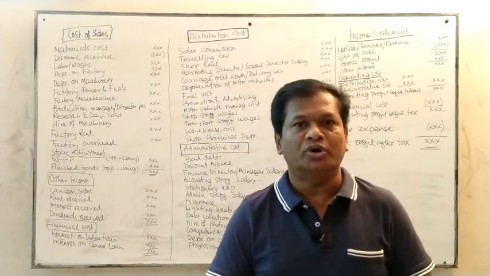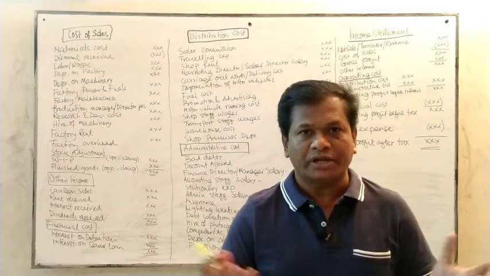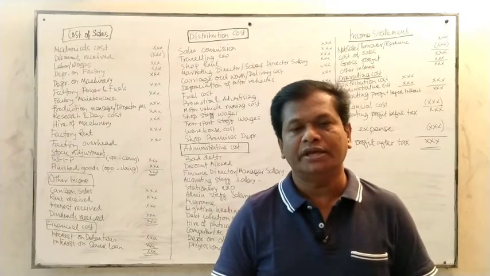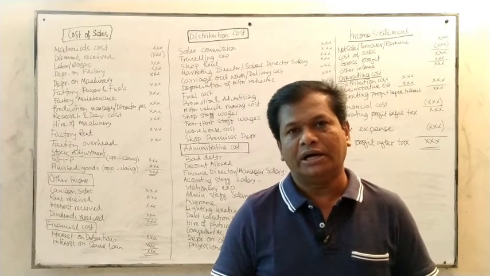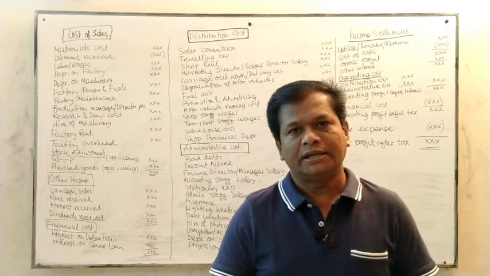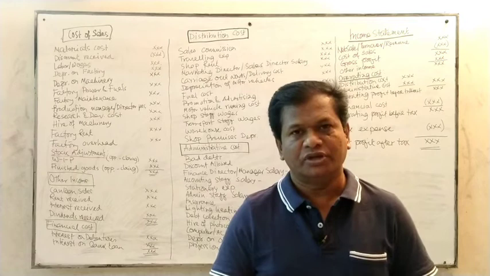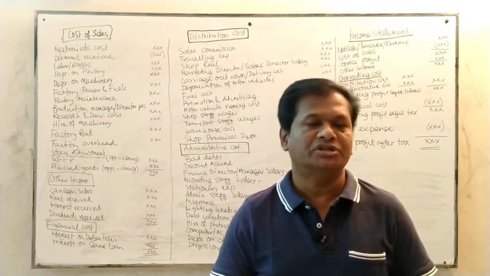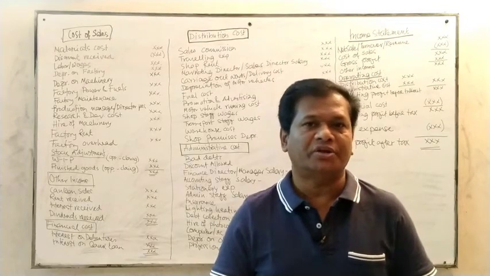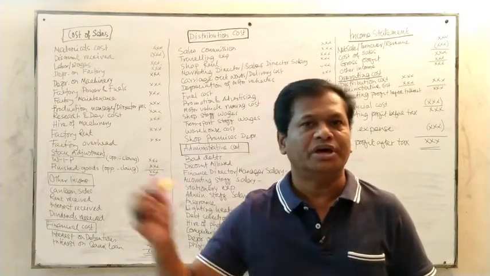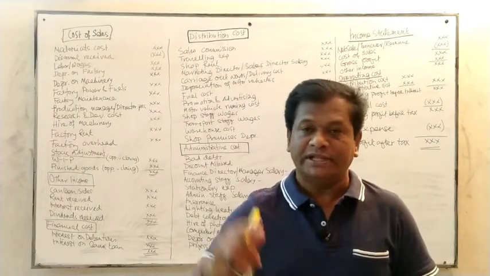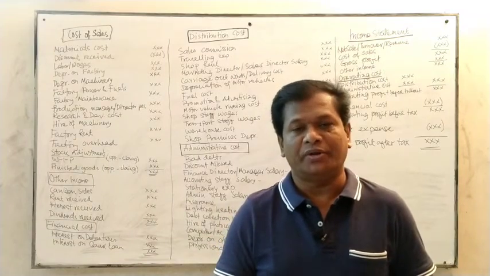Again, you have to do the other income. What are the elements of other income, that also has to be calculated separately. Again, you have to calculate the administrative cost and the distribution cost separately. What is the content of administrative cost, what is the content of distribution cost, that also has to be calculated separately. The total figure is to come to the income statement. This is the reporting form. This is called the reporting form. This is guided by the company law.